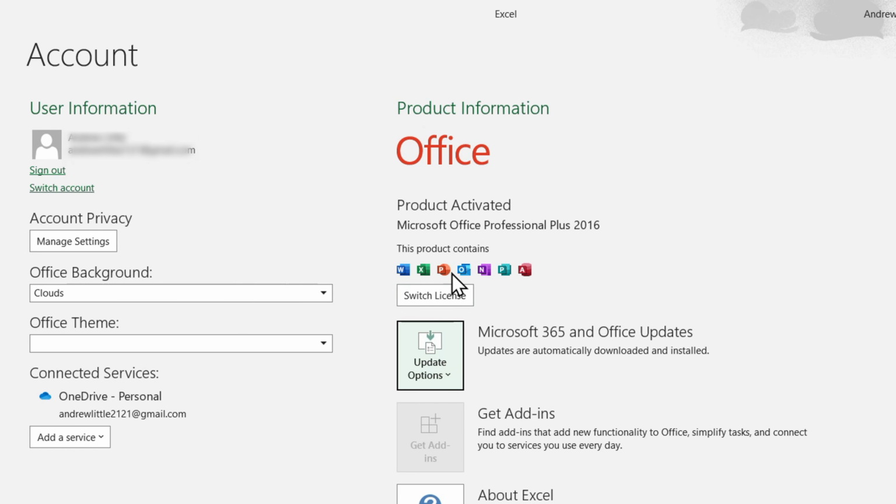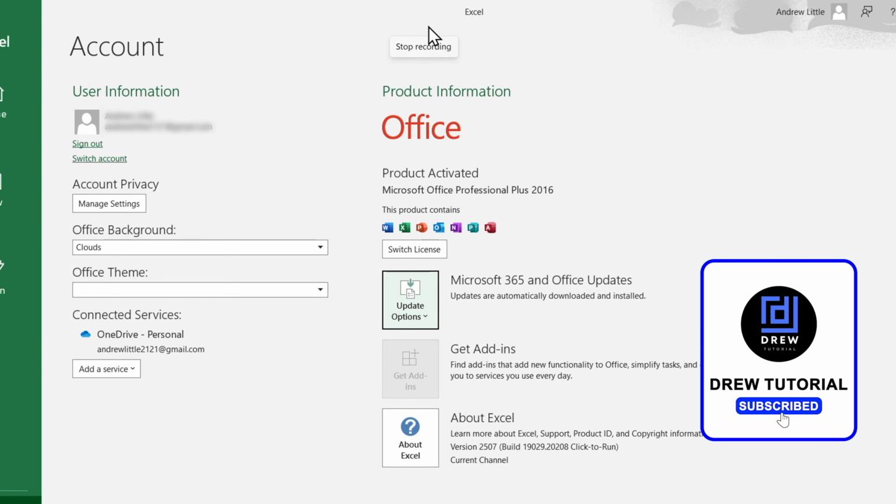And also, if it's not activated, you can simply go ahead and click on the option to activate it. So once you go ahead and click and activate, you will enter your details here and you'll be able to activate your Microsoft Office. But that's it guys, that's how to check if your Microsoft Office is activated on your